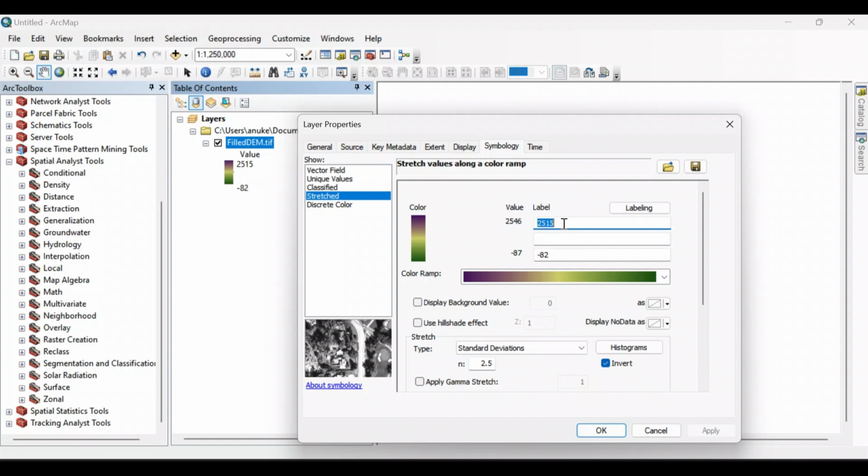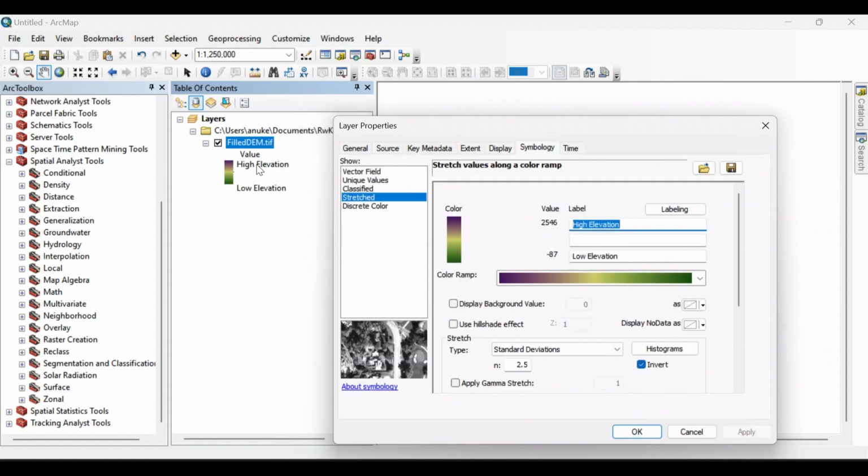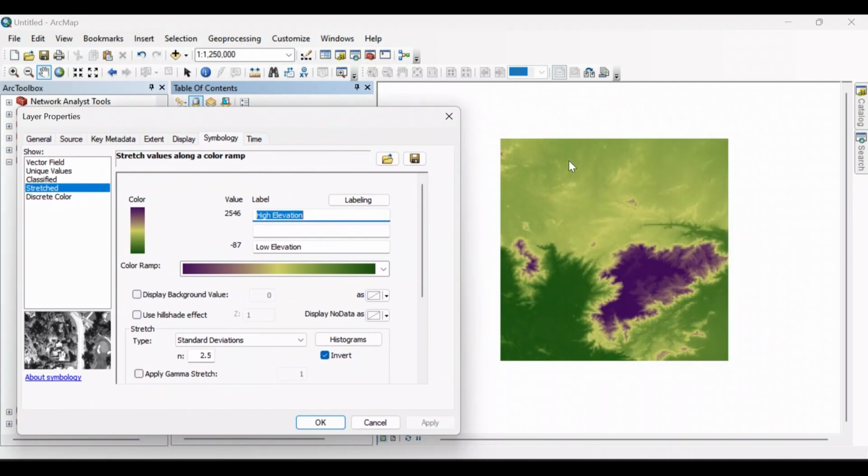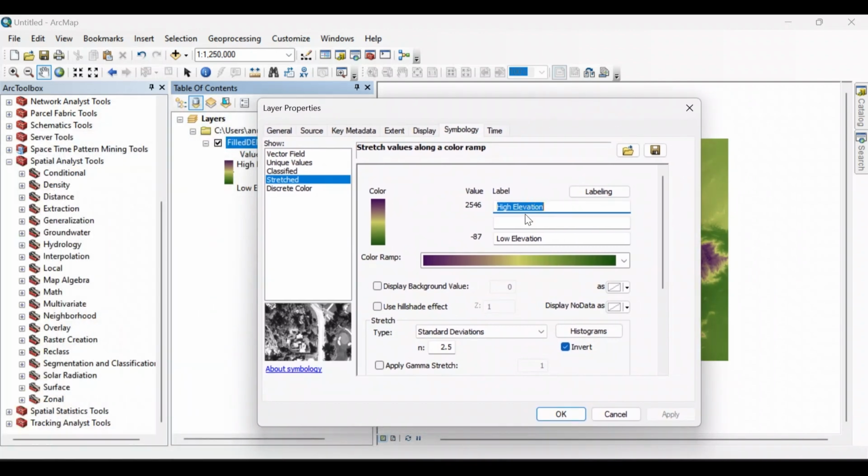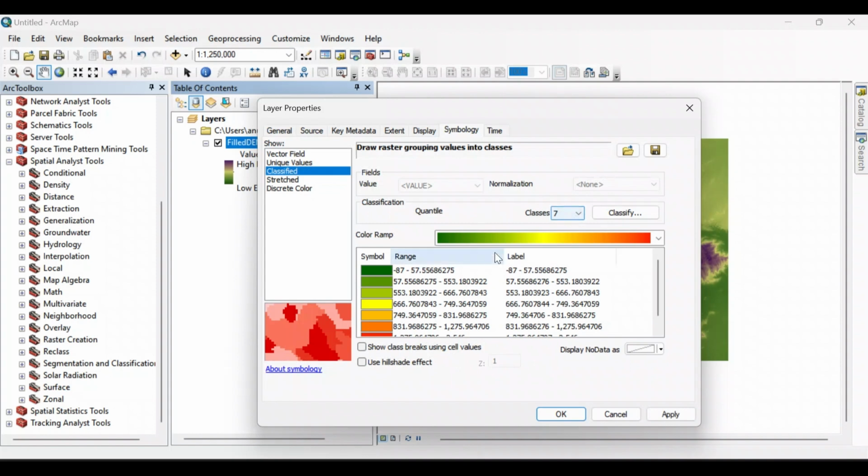So like if you want, I'm going to change this as high elevation. Then you can change this as low elevation. I'm going to use this. So this will be kind of no numerical values, but still you can see the map. So you can change the labels here. And in the classified, you can change the label name here. So this is the range, and label name is kind of like,